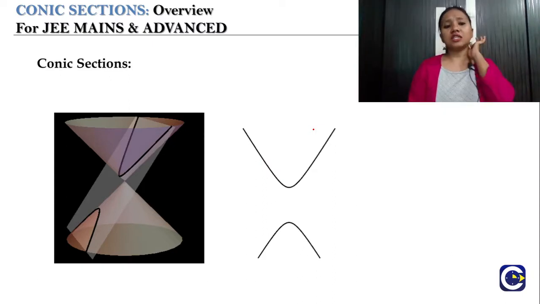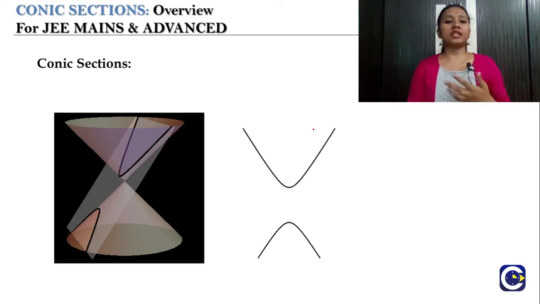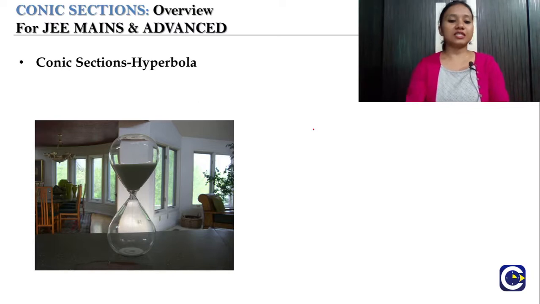As we have seen the difference from our background of conic sections, is there anything which we can find in the shape of a hyperbola in our real life, in our everyday life? Yes, there are a few. Let's have a look at some real life examples where we actually find this shape of hyperbola. Here you can see one shape of a hyperbola which we can find. Many of us might have this particular thing in our homes, a timer.